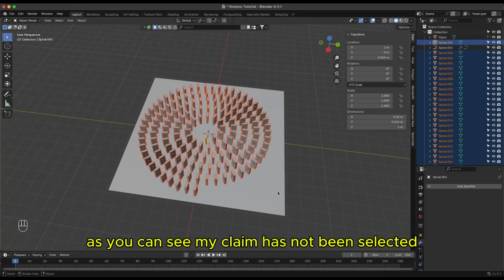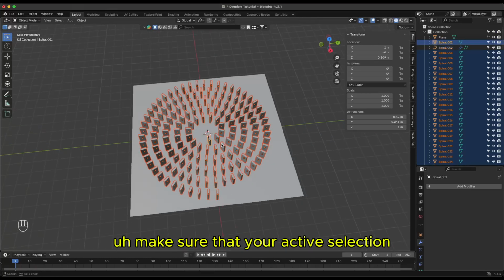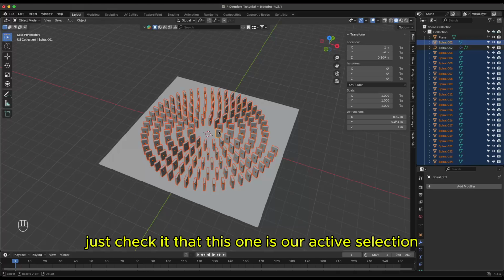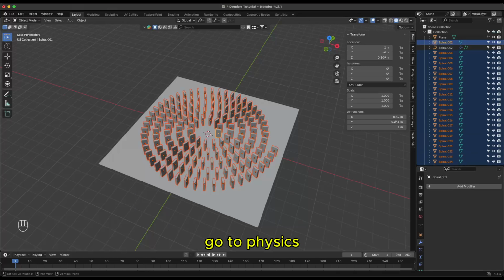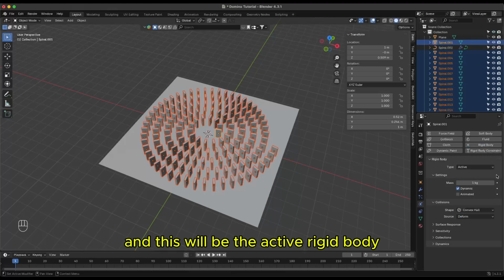As you can see, my plane has not been selected because I have disabled this selection from my outliner. So select all of them. Make sure that your active selection, whatever it is, is the one we want. Go to physics